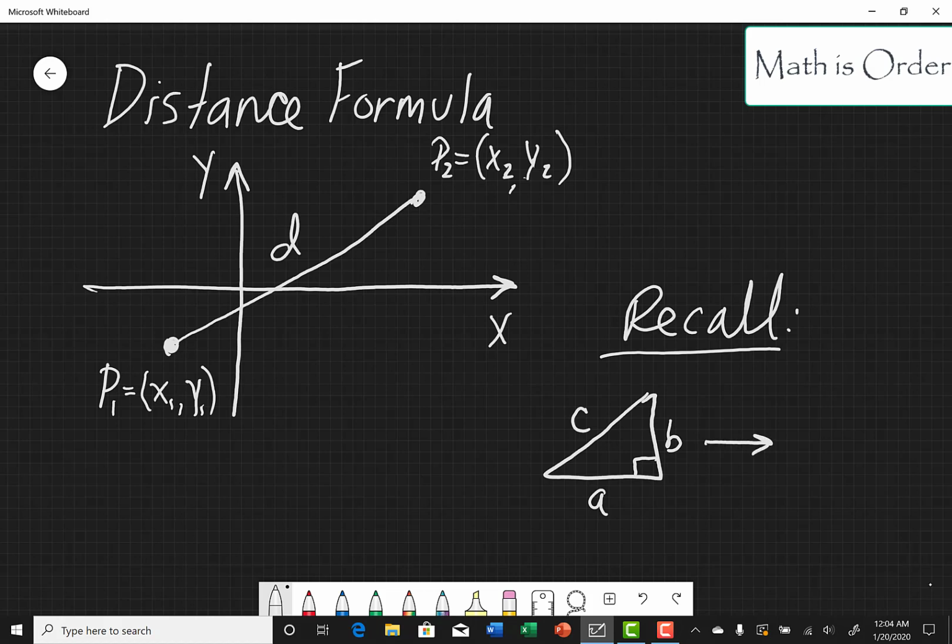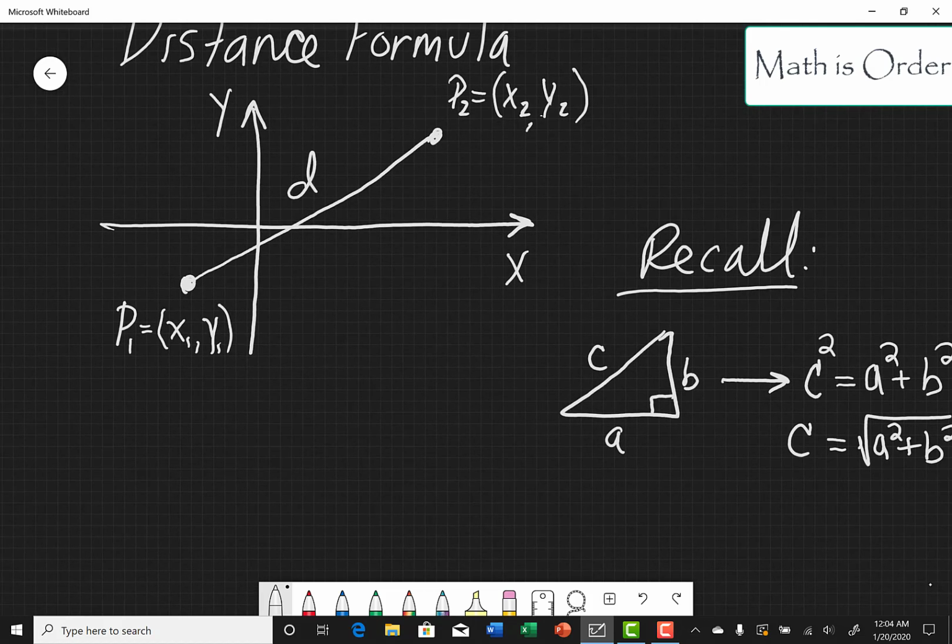And the relationship is that the longest side of the triangle, which is usually represented by C, is related to the other sides through this formula here. So in the same way,